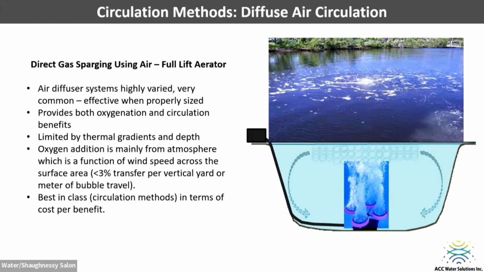The goal is to circulate the entire water column. In order to be effective, you have to have enough energy to break stratification. So depending on the size of the water body, you have to entrain enough water with your bubble column to fully mix your water body. It's got some of the limitations of updraft and